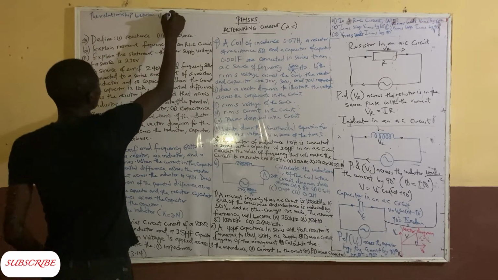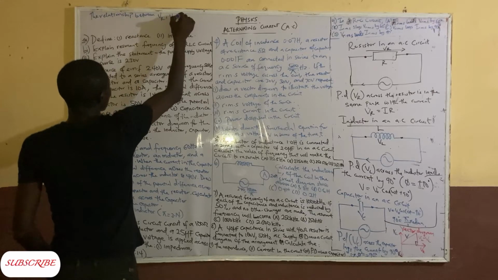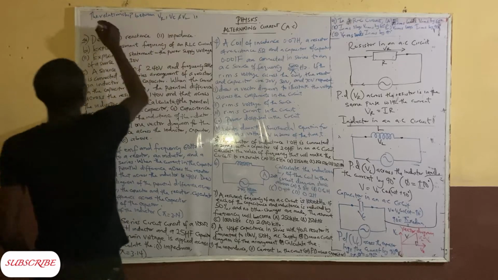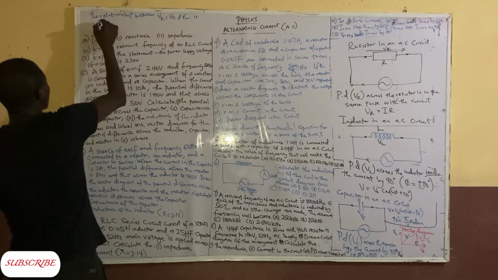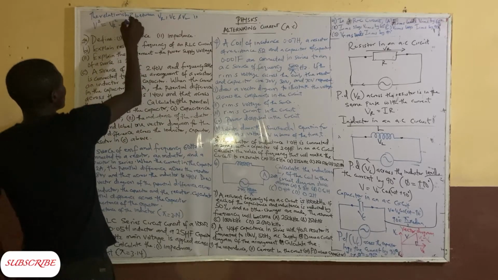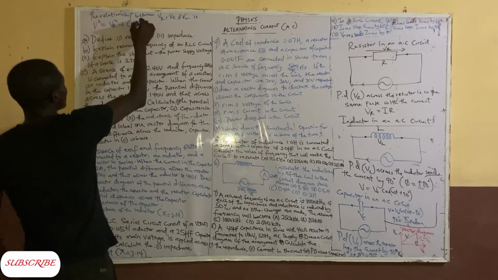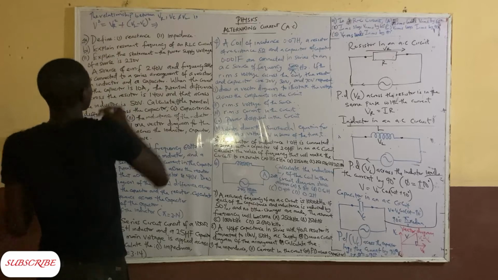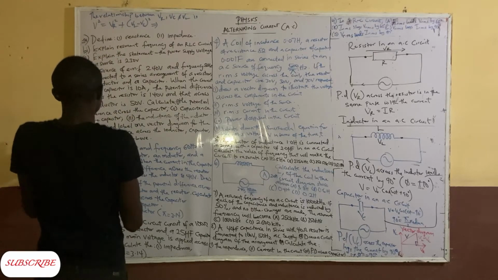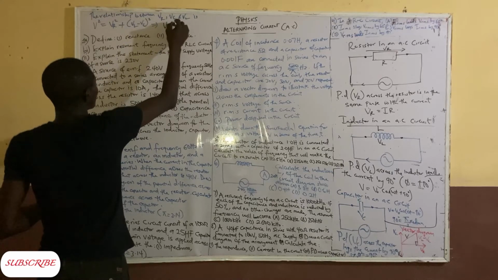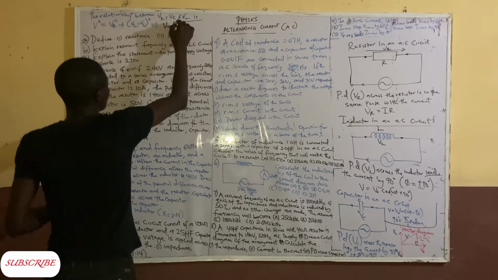VR, VC, and VL. Now V squared equals VR squared. This is Pythagoras' theorem, plus open bracket VL minus VC, all squared. So in other words, now you have to calculate the voltage. So the voltage is now equal to the square root of